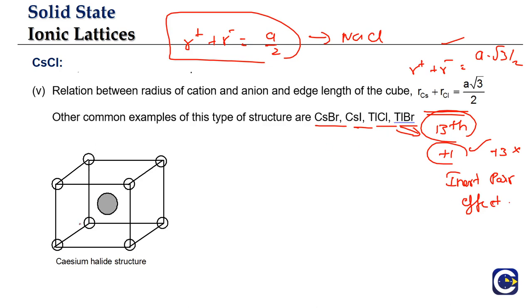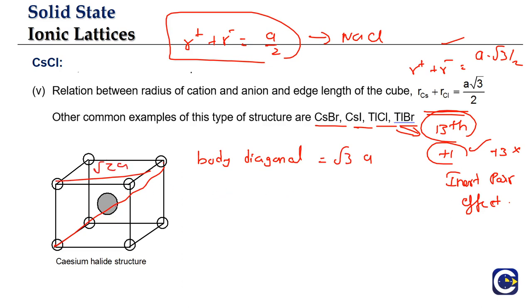So if you look at the radius relation in this cube, the body diagonal means the diagonal that connects one corner to the exactly opposite corner. This derivation we have also done in the previous video where we were looking at the radius relations in a metallic lattice. Body diagonal will be root 3 times A. Face diagonal, the diagonal of the face, will be root 2A.